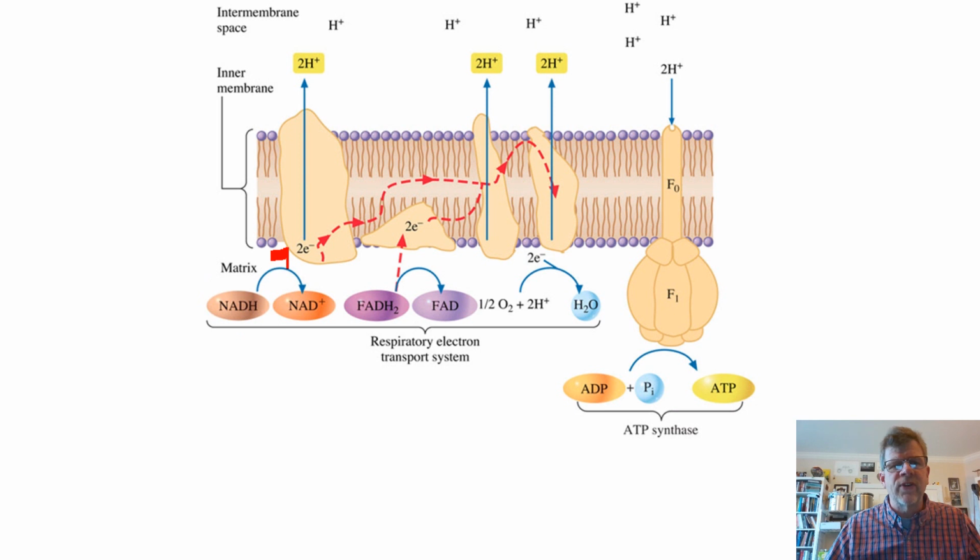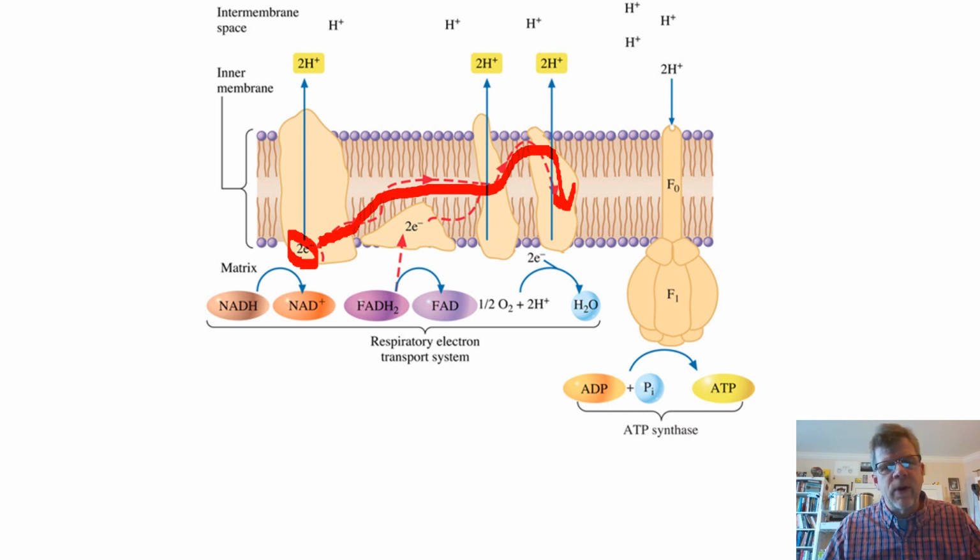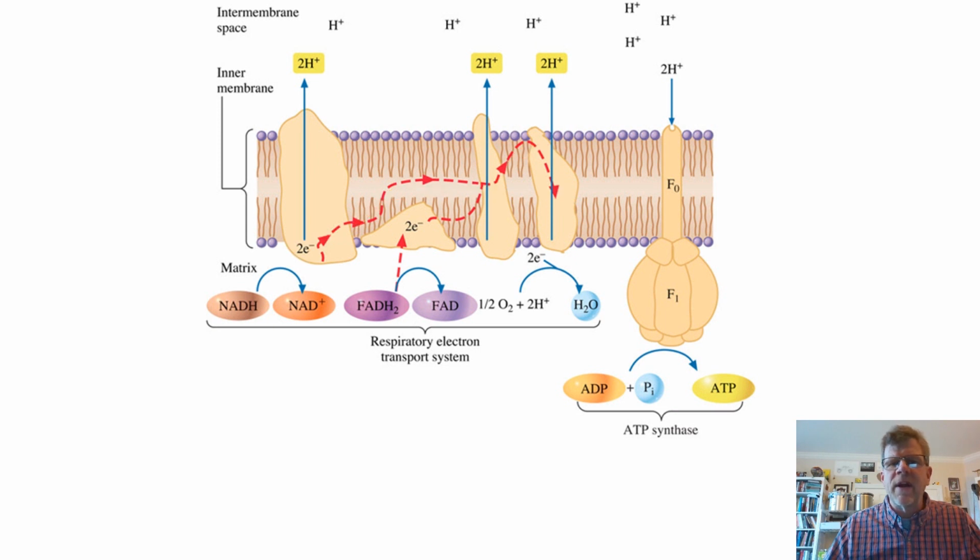Now, these electrons start a journey, and that journey follows right here. Sequentially those 2 electrons will pass through 1, 2, 3 of these transmembrane proteins which are in that inner membrane, each time losing a little bit of their energy to that